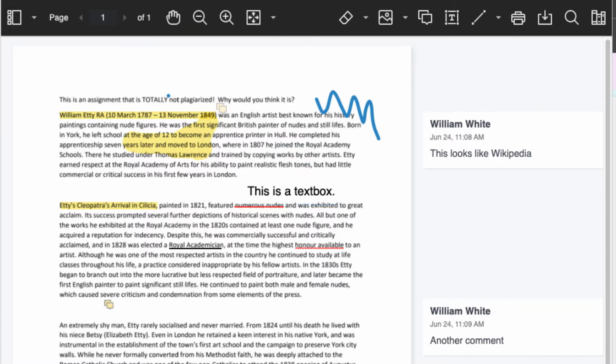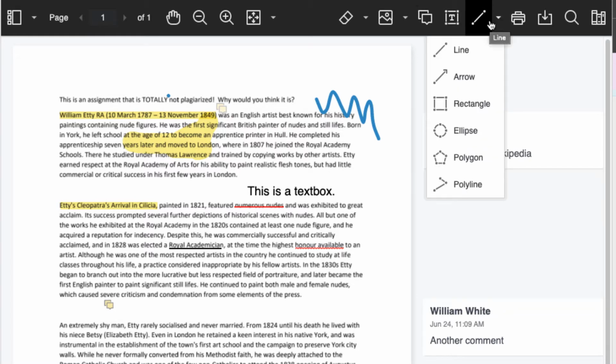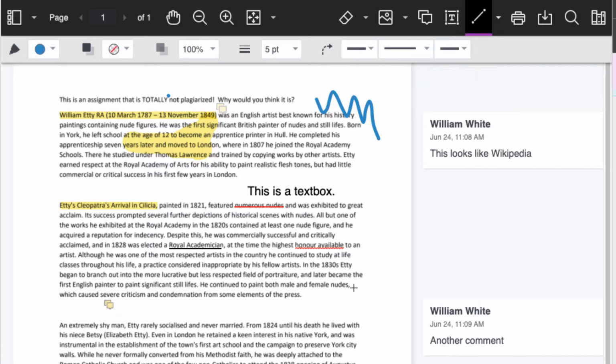So a new tool that you'll notice is the Lines and Shapes tool. If I click on this, you get a bunch of different lines and shapes and things like that. I'm going to present these to you in two groups. I'm going to present line and arrow together and then the shapes together. So if I click on line, I get some options here. And they should look pretty familiar. You can choose what color you want your line to be. You see this background color drop down here, but it actually doesn't do anything. There are no background colors for the lines. You can see how transparent it is and the size, just like you did with the drawing tool.